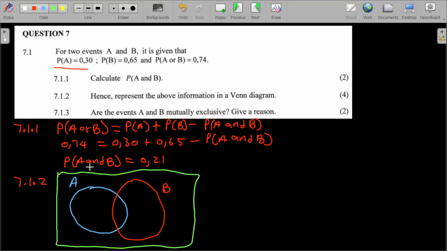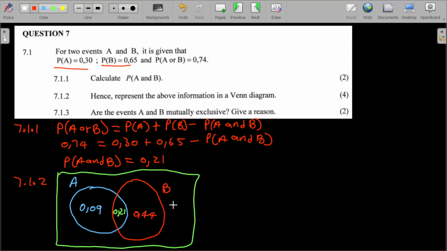Now, the probability of A and B, remember, is 0.21, which is between here, where we share the probability of A and B. Now the probability of A only, because here they gave us the probability of A. So how do you find the probability of A only? It's going to be 0.30 minus 0.21, which is 0.09, the probability of A only. Now, finding the probability of B only, remember this is B including this one. So I need to subtract this one from the probability of B, which is 0.65 minus 0.21, which is going to give me